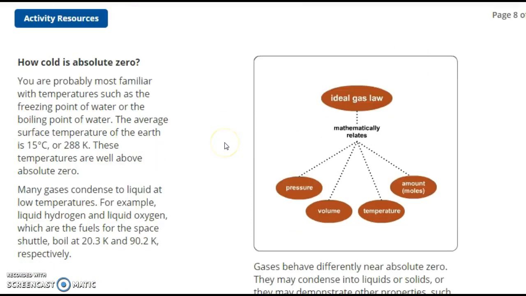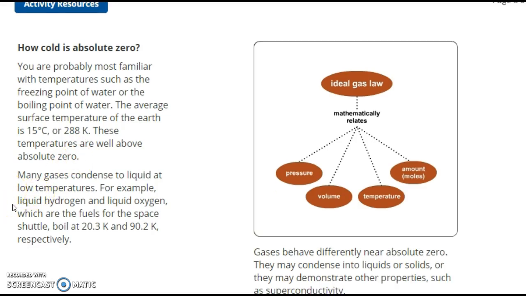How cold is absolute zero? You are probably most familiar with temperatures such as the freezing point of water or the boiling point of water. The average surface temperature of the Earth is 15 degrees Celsius or 288 Kelvin. These temperatures are well above absolute zero. Most gases condense to liquid at a low temperature. For example, liquid hydrogen and liquid oxygen, which are fuels for the space shuttle, boil at 20 degrees Kelvin and